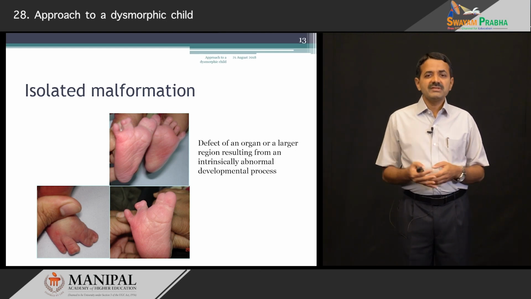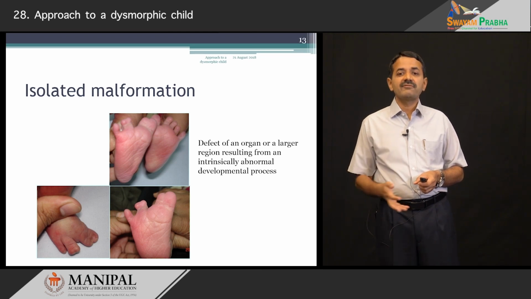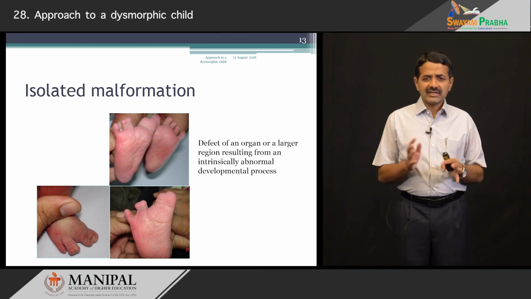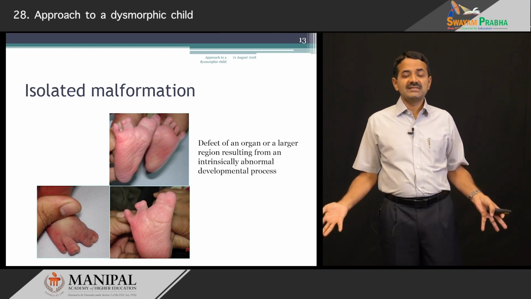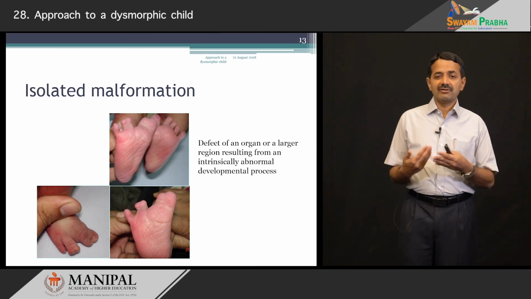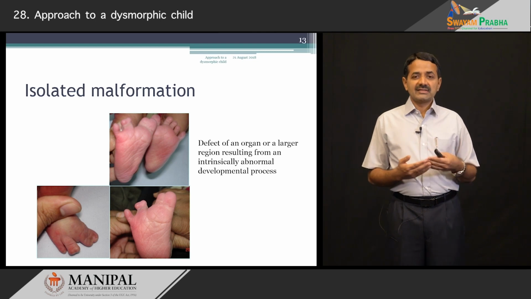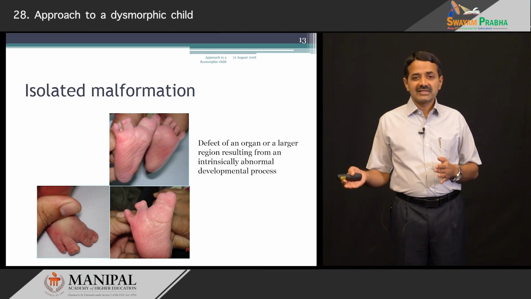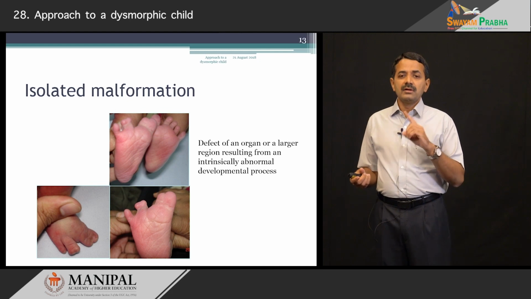Okay. So, malformation refers to defect of an organ or a larger region resulting from an intrinsically abnormal developmental process. This is very critical to understand. The developmental process is intrinsically abnormal. There is a defect, it cannot grow normal. So, it will be either cleft lip, cleft palate, or congenital heart defect, or syndactyly. These are all malformations as we see here, and it is intrinsically abnormal as compared to the deformation or